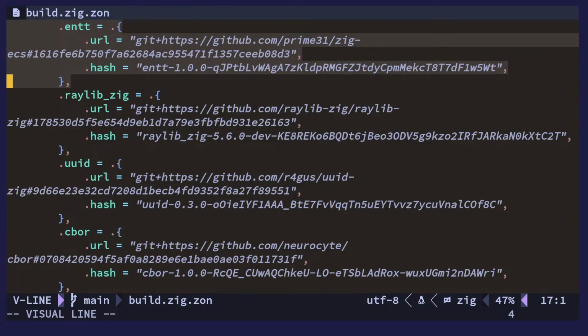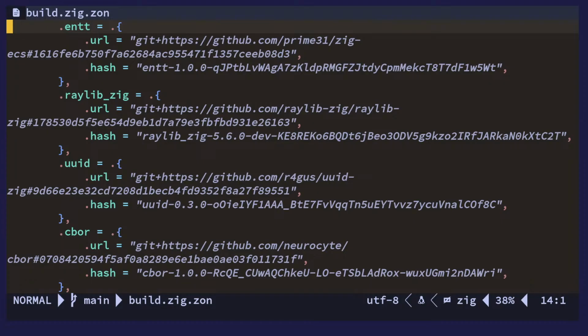It's not automatically translated or anything like that. It's a handmade port of this library here. So that is for the ECS system. You can create entities, you can add components to that, which can be basically any type actually, and store it in component containers and stuff. So that's really nice. Then I'm using this raylib zig